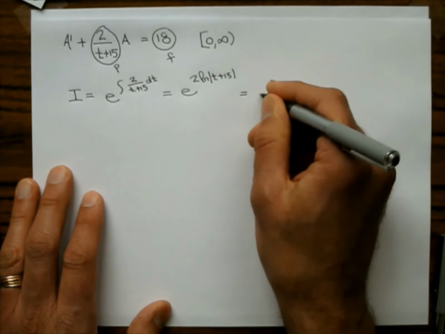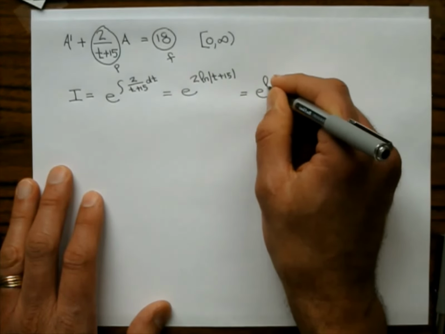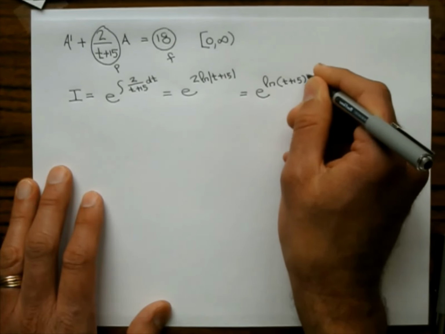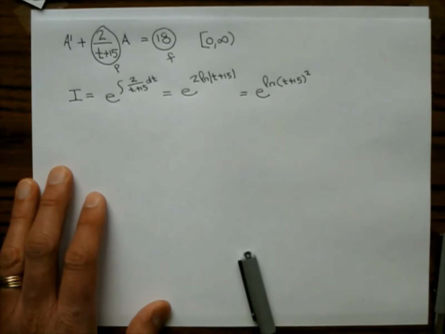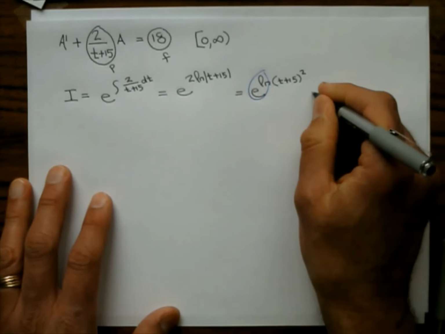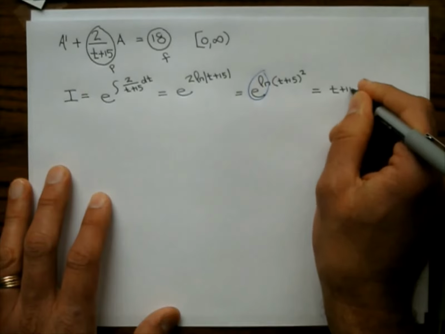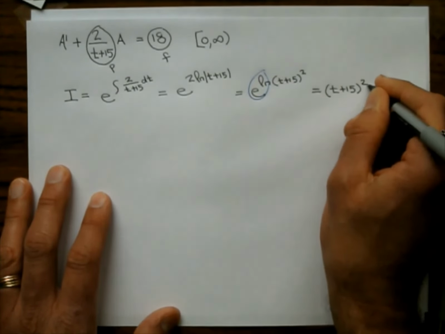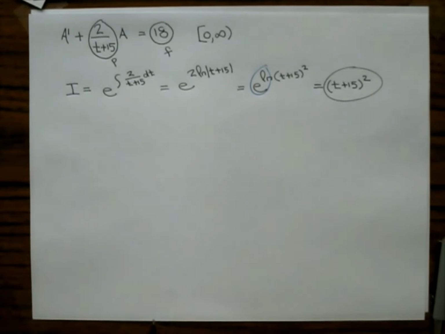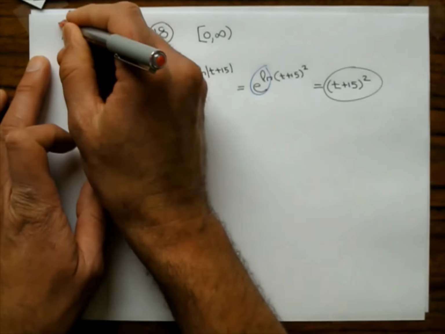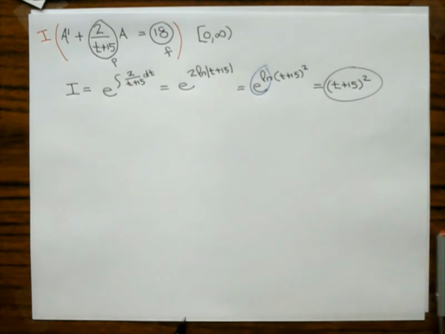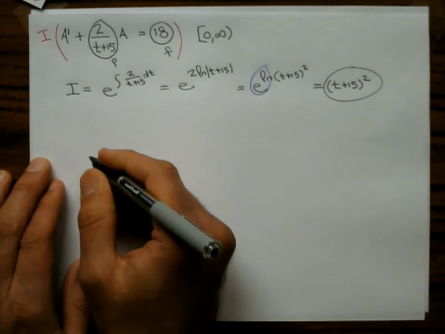The 2 jumps up. We also don't need the absolute values because the 2 jumps up and it's squared. This thing here goes pop. And your integrating factor happens to be t plus 15 squared. There's the integrating factor. I'm going to multiply this differential equation by the integrating factor. So when I do that, I end up getting